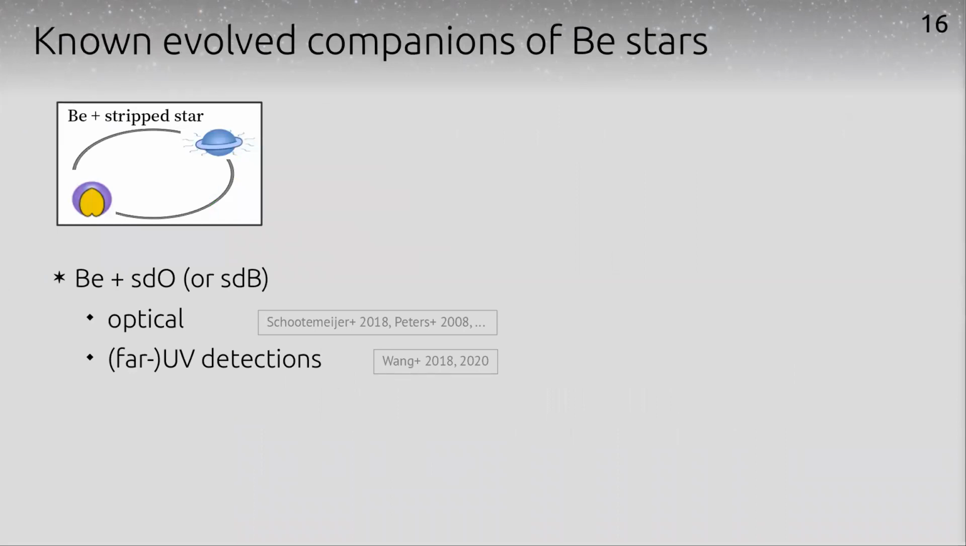And then in a bit of a more general sense, what kind of evolved companions do we know next to BE stars? There has been a few detections of subdwarf O or B-type stars, mostly subdwarf O stars, I think. So stripped stars, either in the optical by detecting them directly or by their impact on the BE star disk, and mainly also in the UV, for example, using IUE data or using HST data. There have been a handful of detections where subdwarfs were detected next to BE stars. And of course, in the UV,